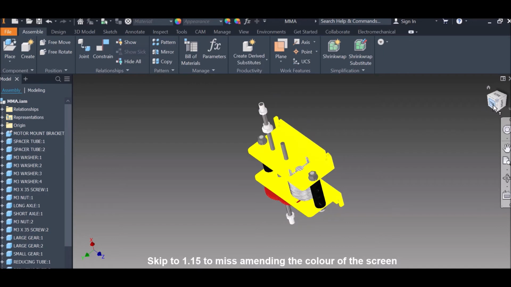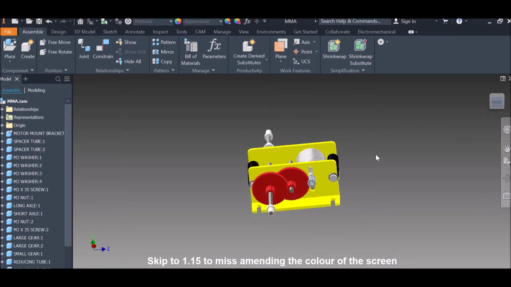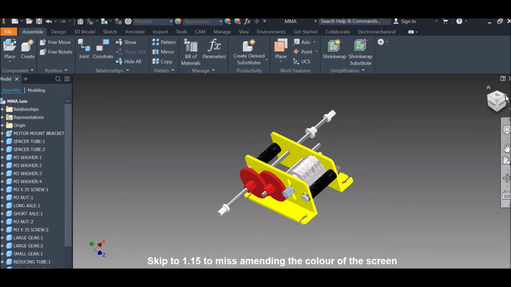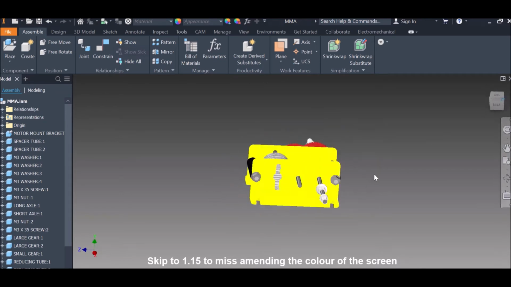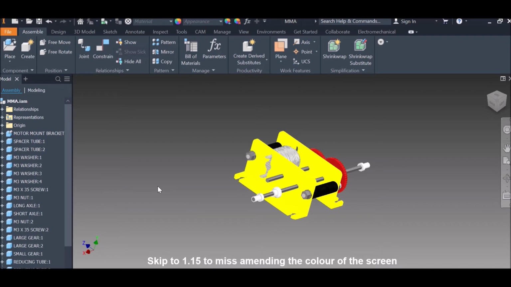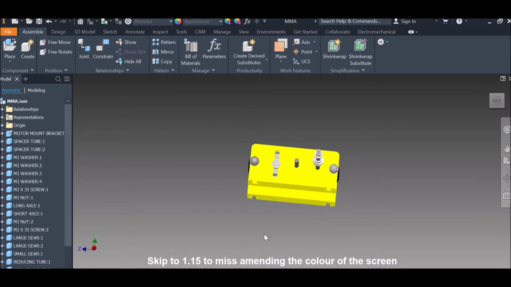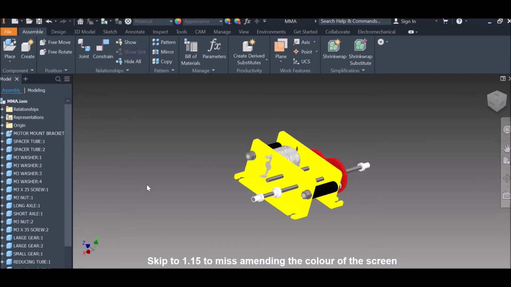What we're going to do today is have a look at resetting the views of a model within Autodesk Inventor. Now the observant ones amongst you will be looking at this thinking, this screen doesn't look like what it does normally. What this is demonstrating is a different view, a different setup that you can set yourself in Autodesk Inventor, and I'm going to go in and change it back to a more